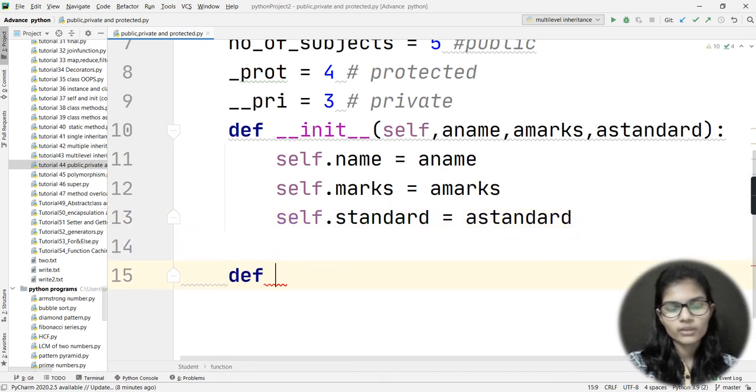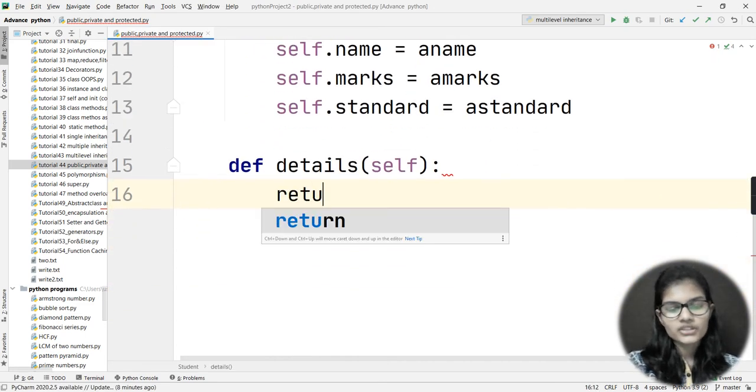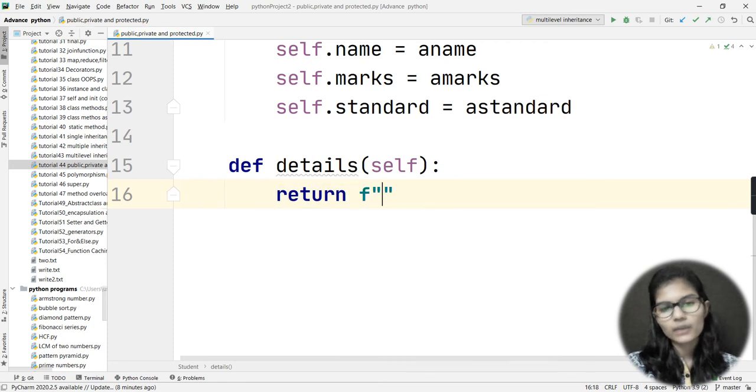Right now what I would do is come out of this function and make one more function, and that function is, let's say, details. Because even if I am making a function, I even want to print the whole statement, okay, for this. So I would use my return statement here, and with that return I would use my f string, because the format which I want to be displayed here as an output is that, let's say if I write name is, then after that name is, this name should be present, whatever I am entering. After that, let's say marks are, that marks should be present, whatever I am entering here, right? So I want the things to be in this format. So for that only, I am simply passing here the f string.